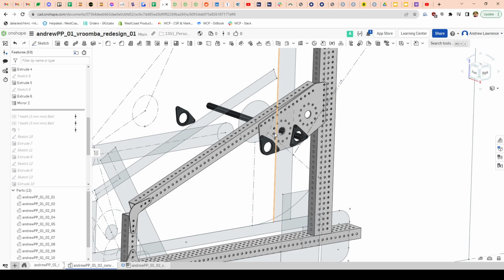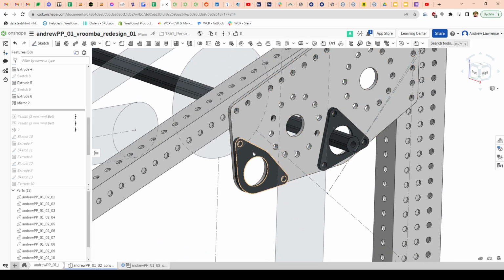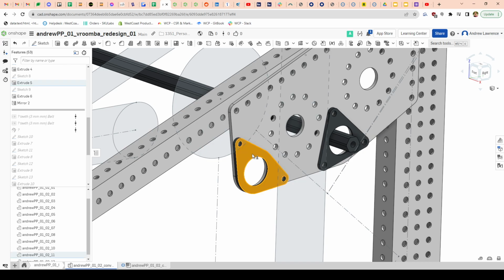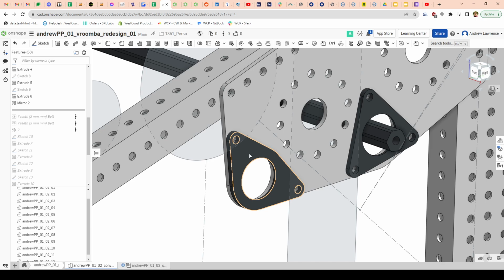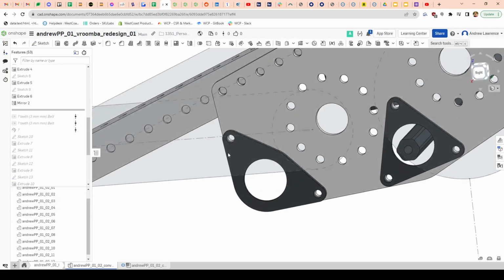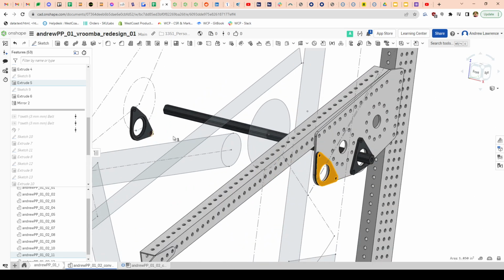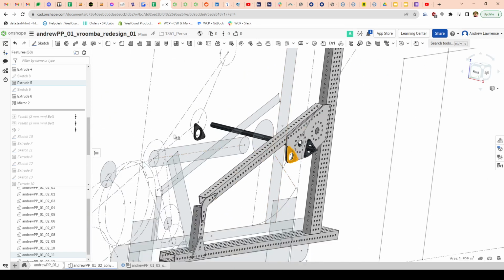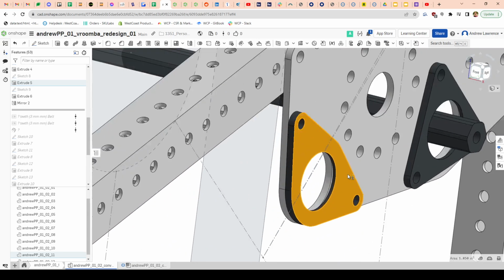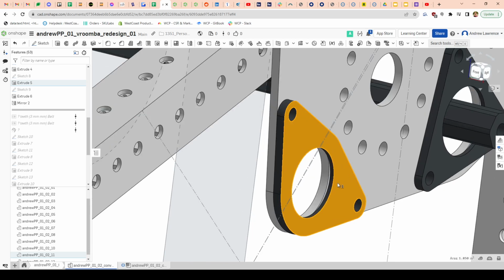That being said, as I just make a statement and prove myself wrong, I do actually have to model two of this one. The reason being is this one is not symmetric left-right. If I were to flip this to the other side without actually mirroring the component, I would create a non-symmetrical figure. So I cannot take this part as modeled,